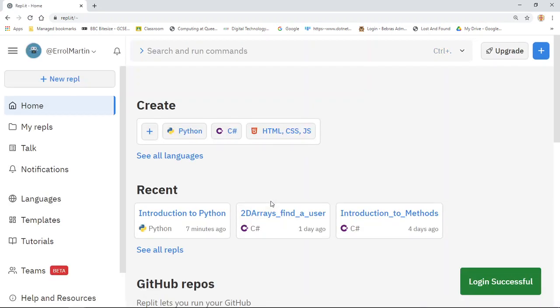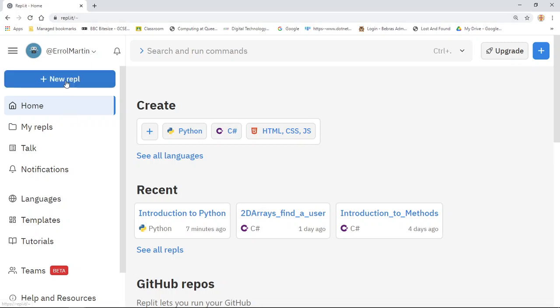and because I'm already signed in on this computer to my Google account, my C2K Google account, it will sign me in automatically. And you'll see it then creates automatically a little @address which becomes your signature, I guess, part of your unique web address, after which every REPL, every program that you create, will be an extension of your unique web address. So I'm just going to click on new REPL,